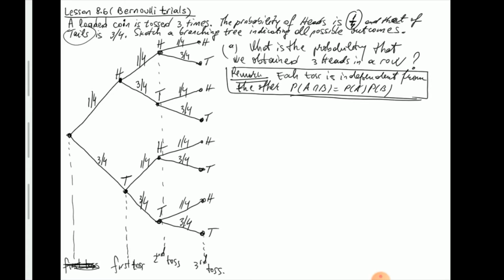So basically, to figure out the probability of one outcome, this leads to multiplying the probabilities of each individual outcome from each toss. So I want you to notice that to have 3 heads in a row, we have only one possible situation out of all these possible outcomes. So in fact, let's actually write down